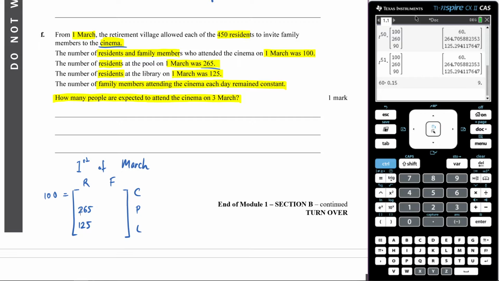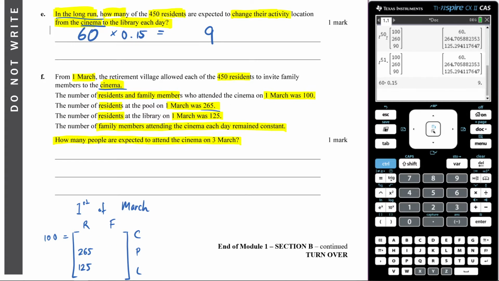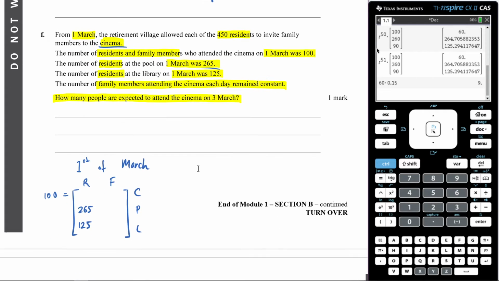Now, if you answered the last question correctly, the last question required us to find the long run. Now, what we put in was after 50. It looks like we may have gone too far, because if we look at our numbers, I want you to appreciate something here. 265, and then if we look over here at our calculator, do you see that? 260, if we round that up, that's 265. And then 125 here, if we come over here, 125. It's just in the long run.